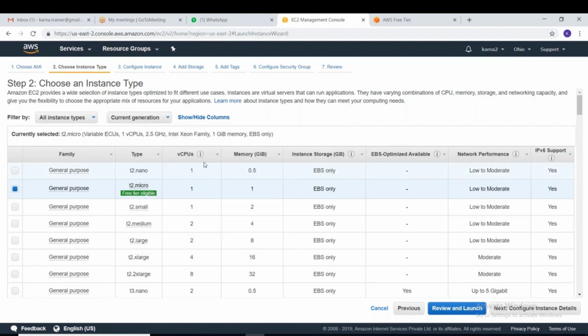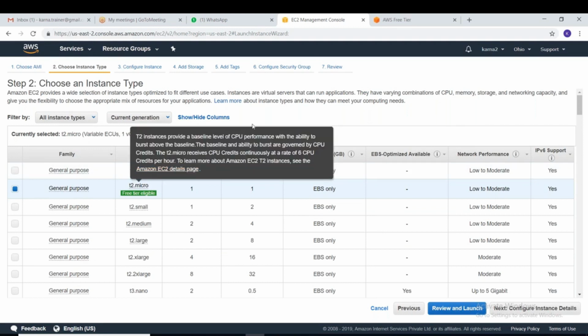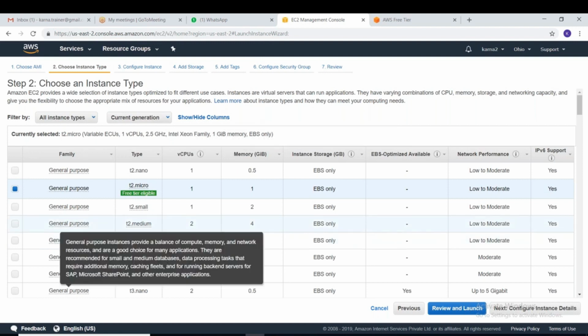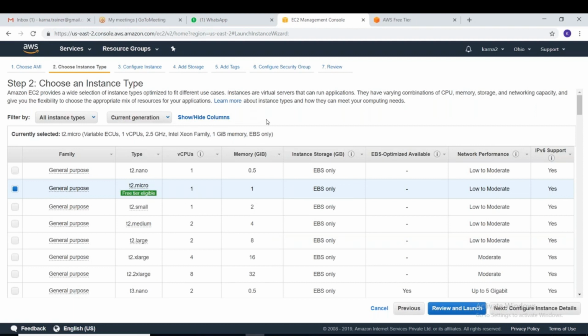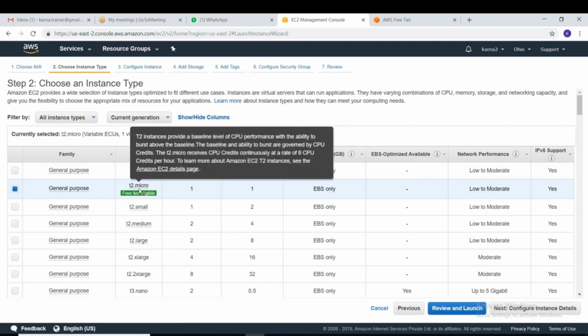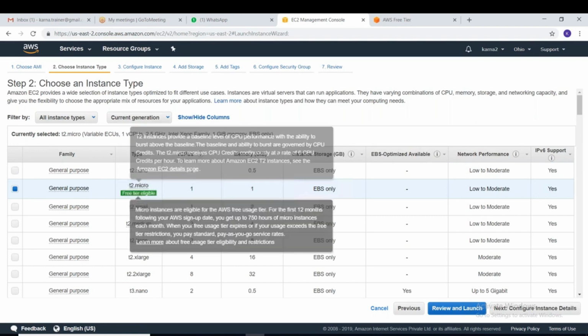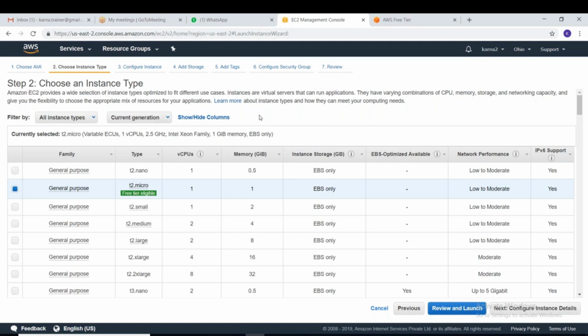This is under free tier. Remember, guys, this is the only one that will not be charged. If you choose any one other than this, we will be charged. Don't do that, and select only this for practicing purposes, just to know how it works. Just choose this t2.micro. Remember, only t2.micro is the type of instance that will be under free tier. So choose this, and already it is chosen.